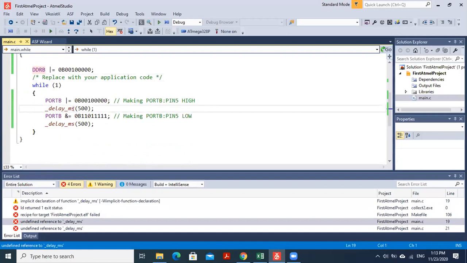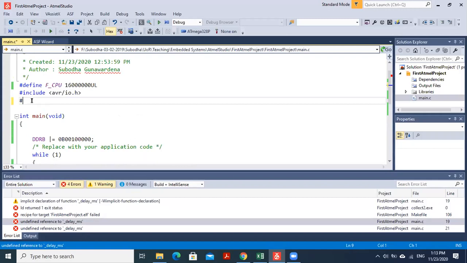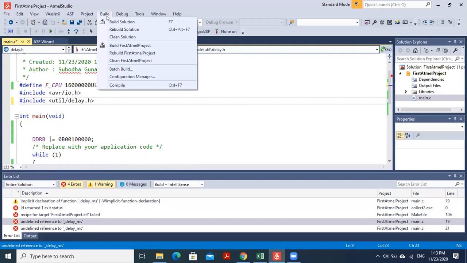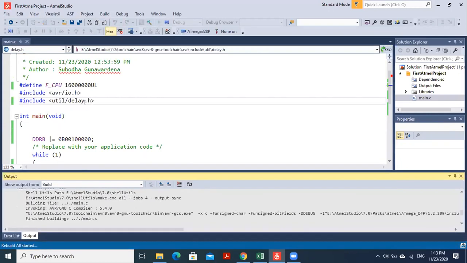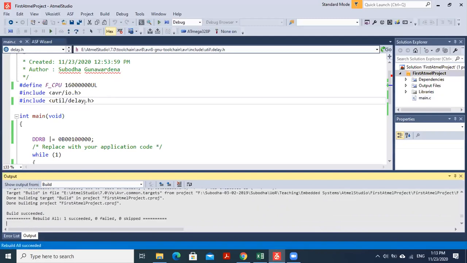That is because I haven't included the header file required for delay_ms. So for that I have to include util/delay.h, right? Let's go to build solution. Right, now it is successful.